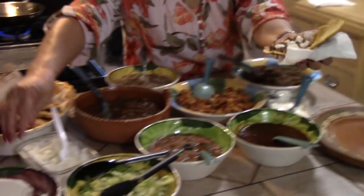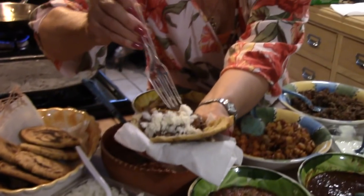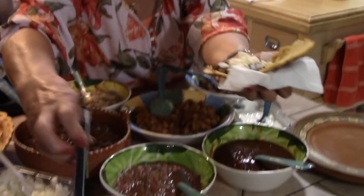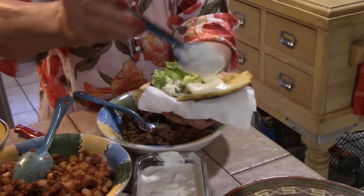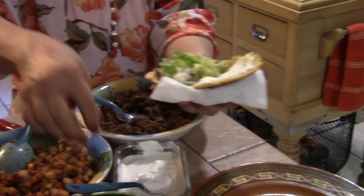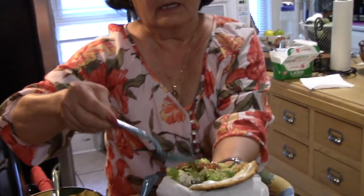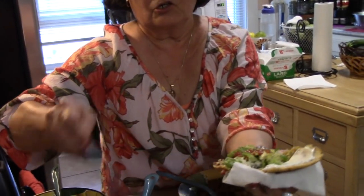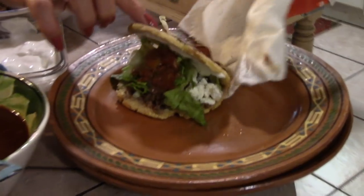some cheese, a little bit of lettuce, sour cream, and salsa, whatever kind of salsa you like. This is my jalapeno salsa. And I will be doing a video to show how I make my salsas, so stay tuned for that. There is one gordita,